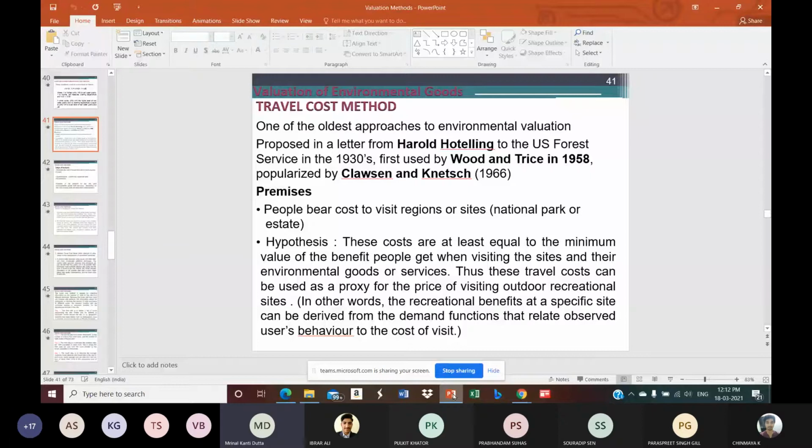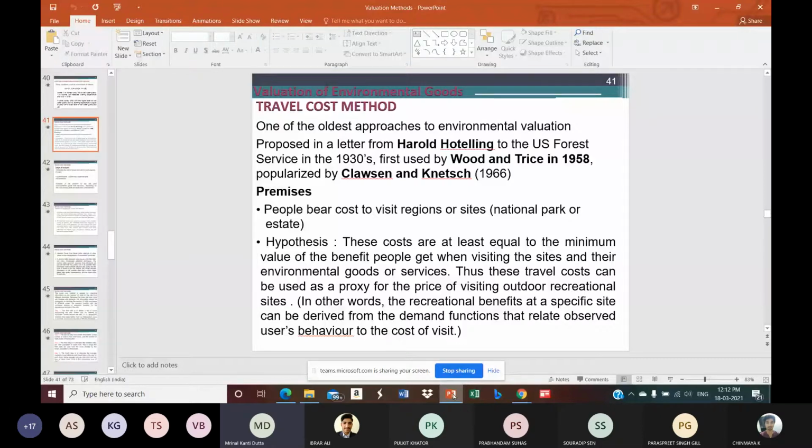Okay, this might be in totality or this might be in terms of different attributes. For example, if we talk about a particular national park, this national park might be famous for different activities. So it might be famous for flora, it might be famous for fauna, it might be famous for one-horned rhino, it might be famous for maybe tiger, Royal Bengal tiger, it might be famous for lion. So those are certain attributes. So it's not only fauna, it might be flora also. A lot of endangered species might be available in those places.